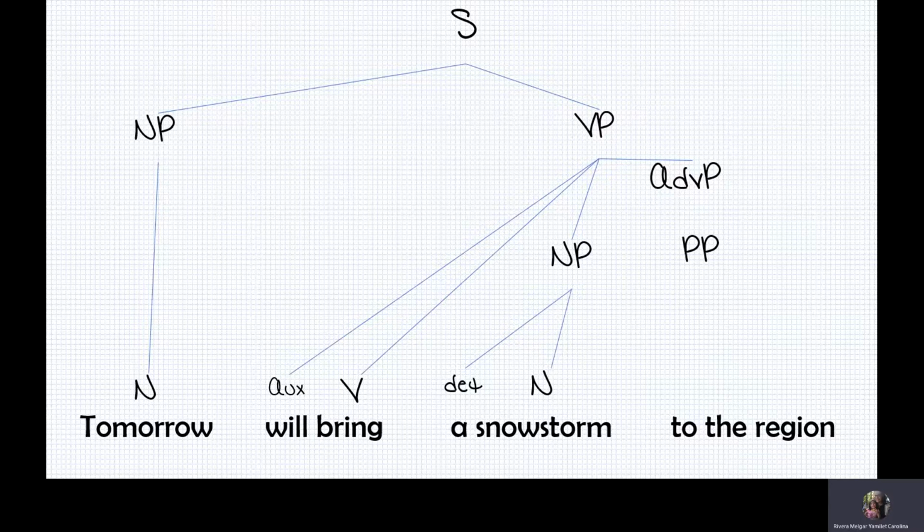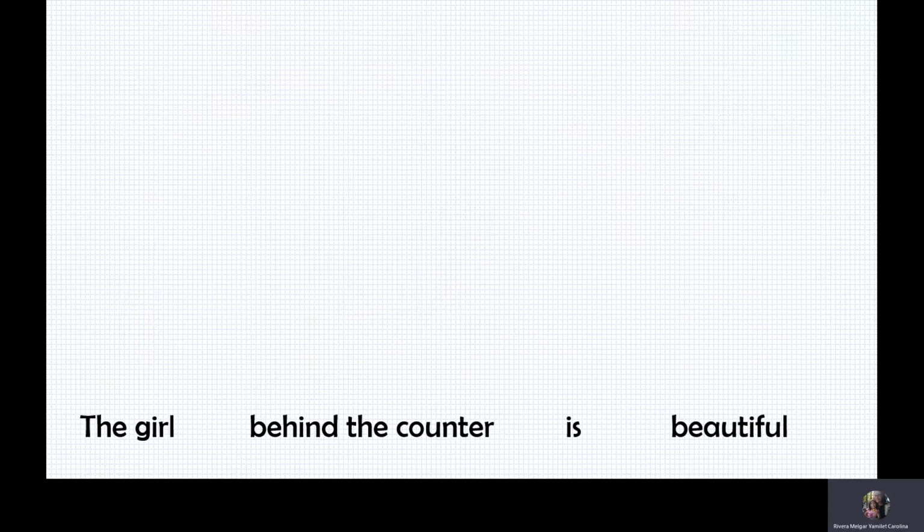Then you draw the PP, which is prepositional phrase. It has a P, which is the preposition. To the region is a noun phrase, which contains a determiner and a noun. And then you draw the rest of the lines. And the last